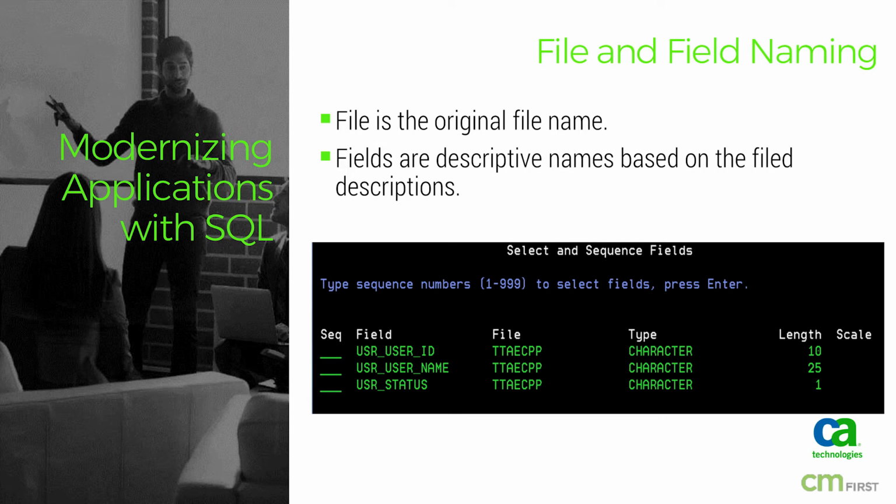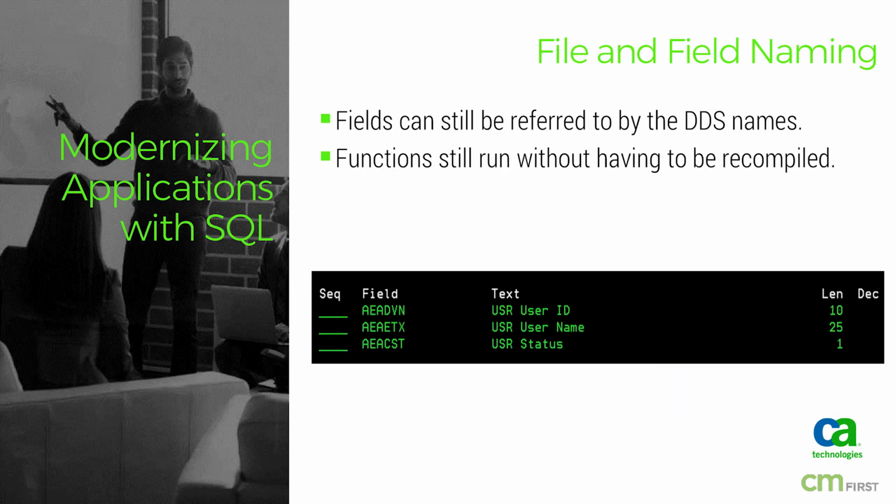So for anybody who uses a third-party app or just has used SQL in general, you'll be able to sit there and do a select user underscore ID as opposed to AABBCD. In the next slide, you'll see that we can still use the same names. The same DDS names are still a part of the table. This also means that our existing functions do not have to be recompiled in any way. So you're able to roll out the table without having to redeploy your entire universe.